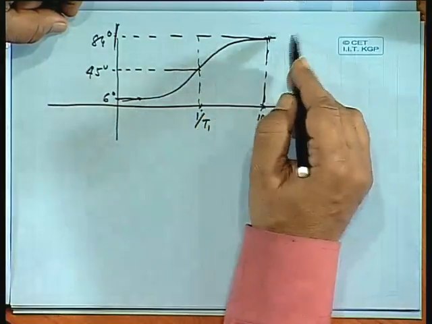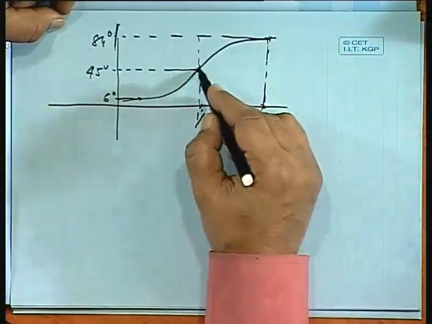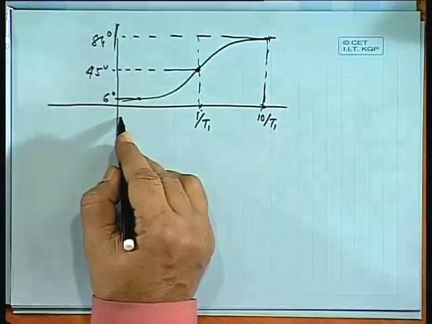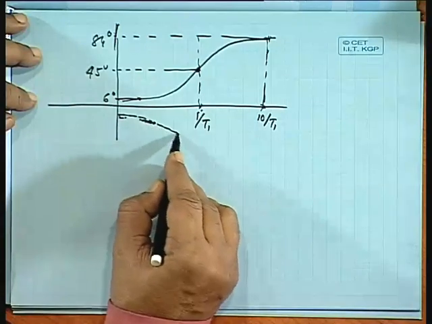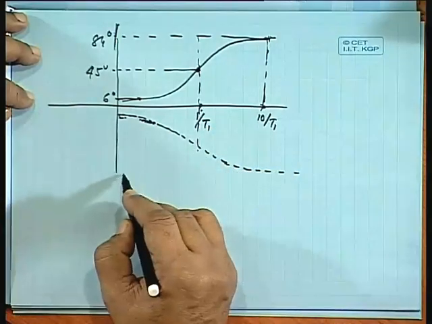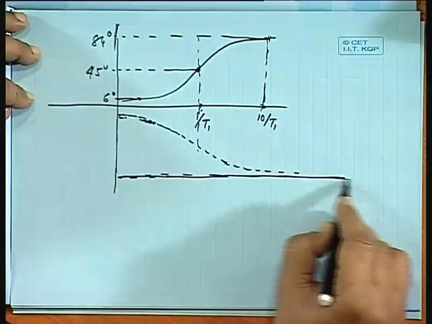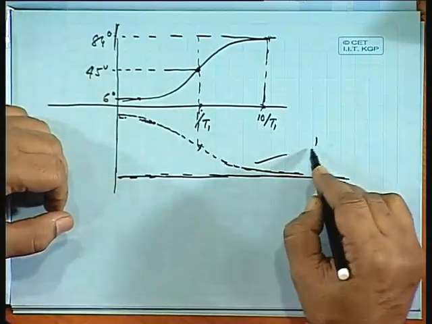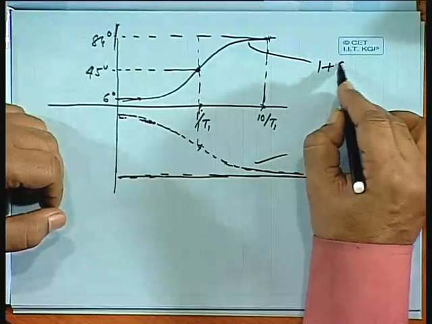So, you get a profile like this, and you can keep on using this as a stencil, you can keep on shifting it, fix this point at 1 by T1, 1 by T2, 1 by T3, you can reverse it. If it is in the denominator, the phase function is like this, just a mirror image of this. So, this corresponds to a factor 1 by 1 plus sT1, and this corresponds to 1 plus sT1